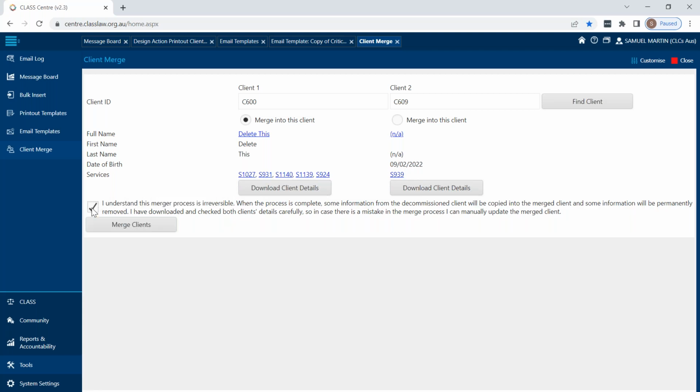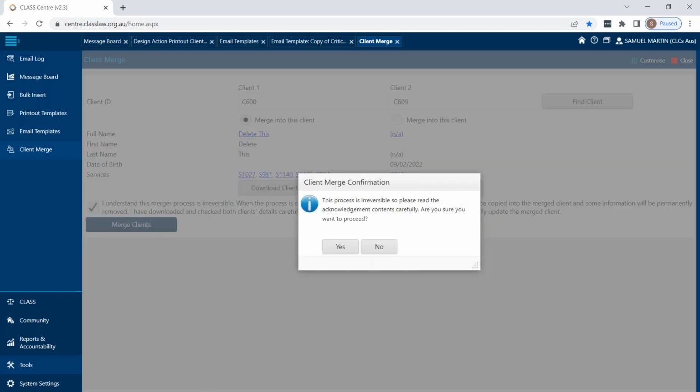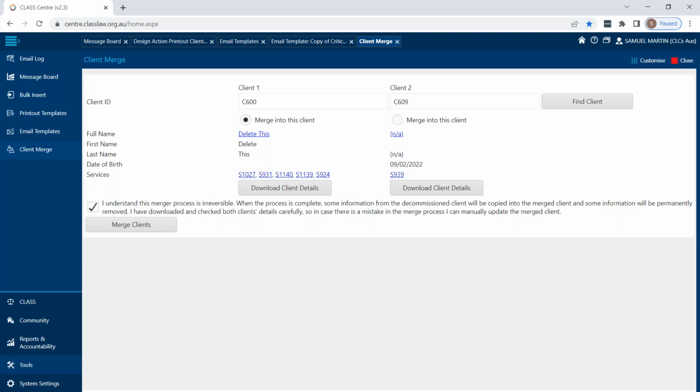So you have to tick this checkbox, and then you click merge clients, and it's going to give you another warning message saying basically the same thing. Because it is so irreversible, I'm going to click no. I'm not even going to do it. But there are people out there who do it. I've heard people say they do it pretty regularly. So yeah, use it if you want to, but